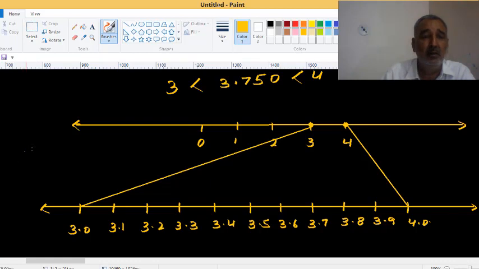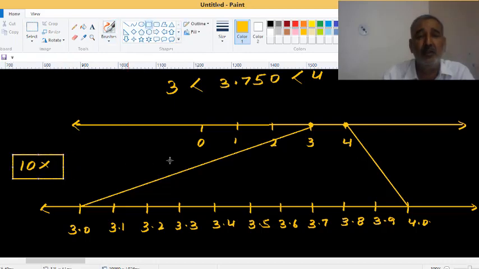It is written as 10x. This is your magnification. We have stressed our number line 10 times between 3 and 4. So I have to express this number 3.7, this part,